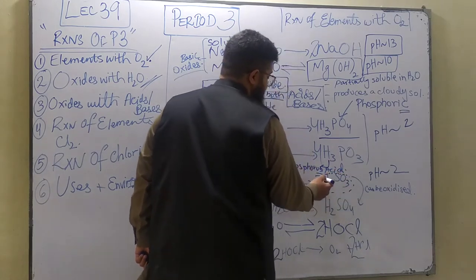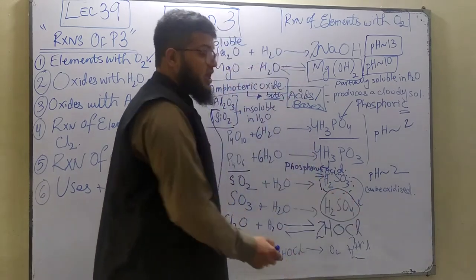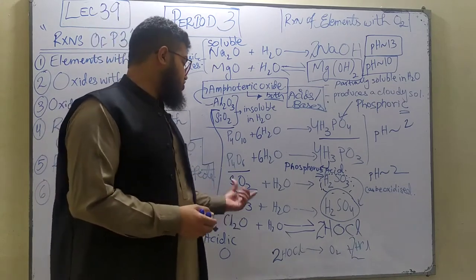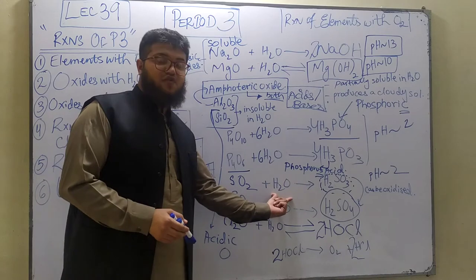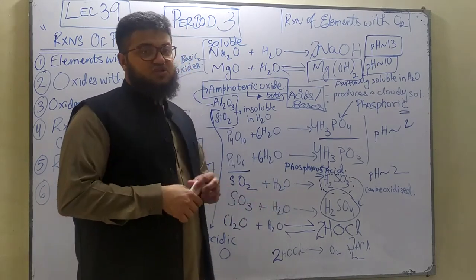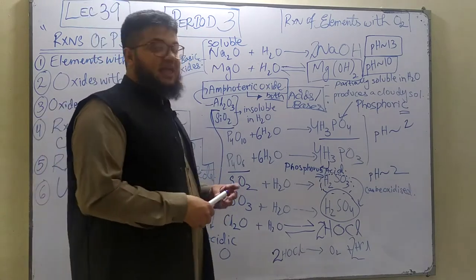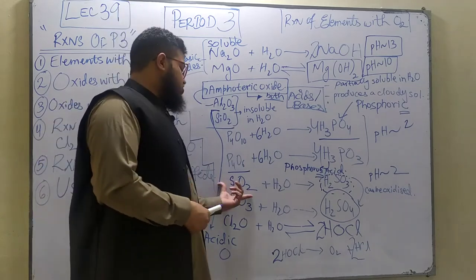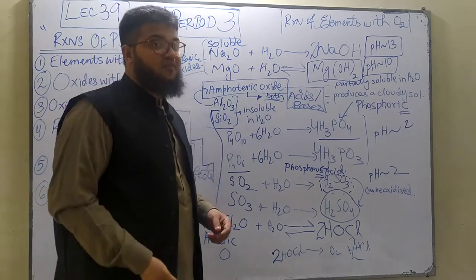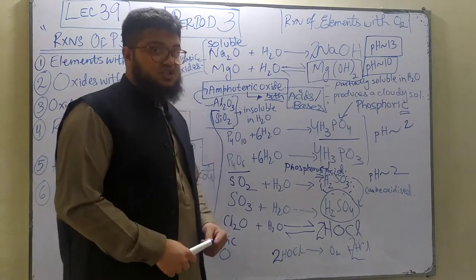The sulfurous acid which is produced can be further oxidized to sulfuric acid as well. This is quite a common reaction that occurs in the atmosphere. The sulfurous acid is produced when sulfur dioxide dissolves in rainwater, because I told you in the previous lecture that sulfur dioxide is continuously being emitted by factories which burn fossil fuels like coal, which contains sulfur. When it dissolves in the cloud water, in the rainwater, it produces sulfurous acid, and this sulfurous acid in presence of atmospheric oxygen can be oxidized